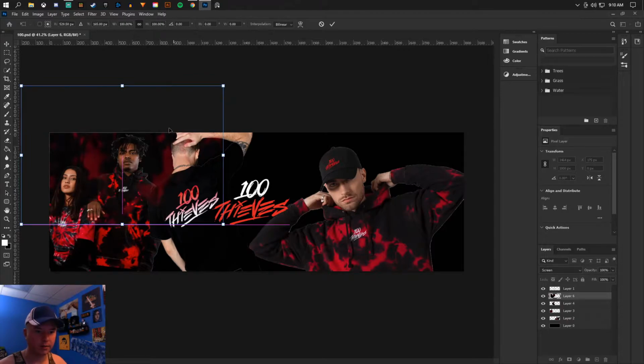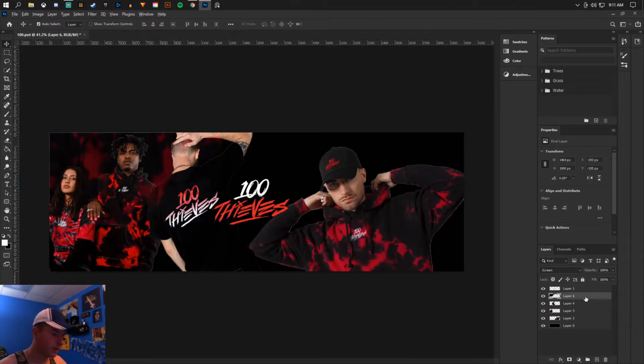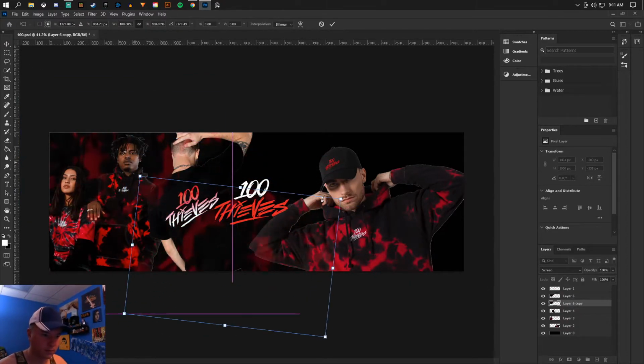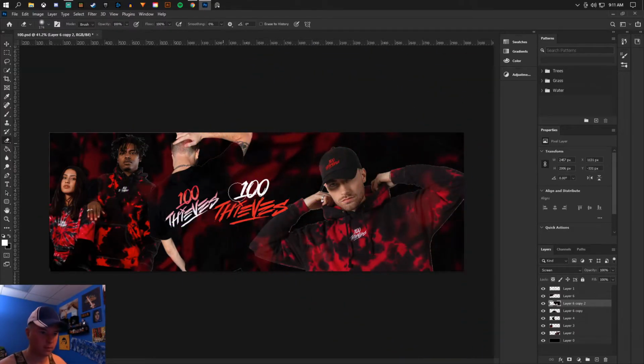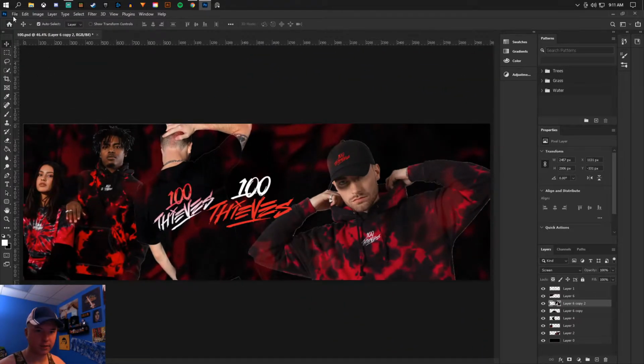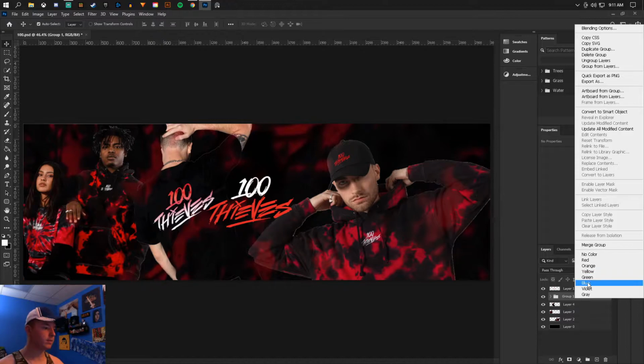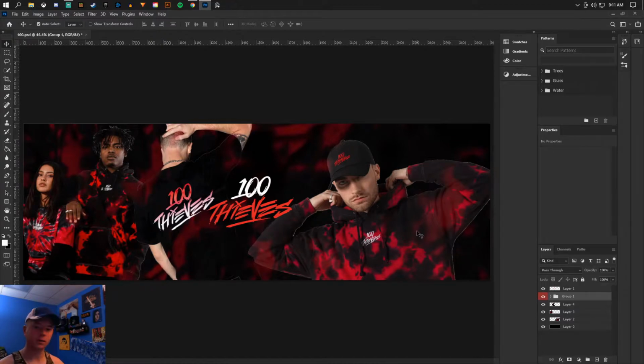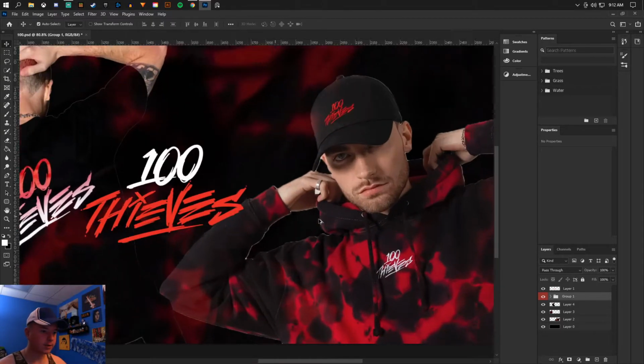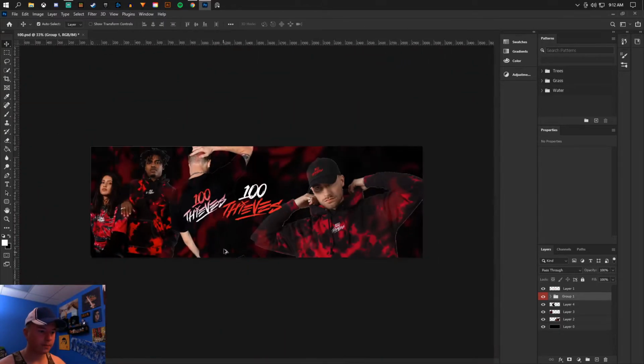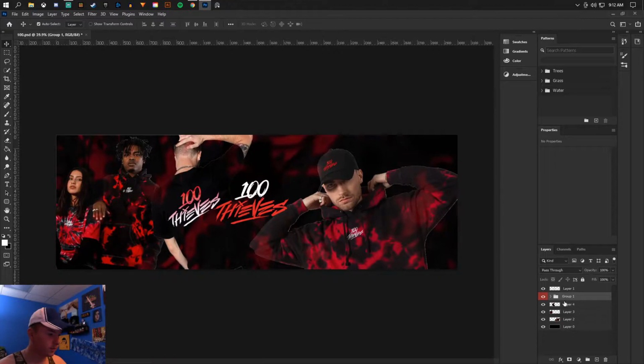So now we can do cool stuff like this, like blend it in. Alright, so now we have that. What I'm going to do now is grab all three of these and put them in a group. I'm going to make the color red, just to match. And as you can see, there's a little line around these guys. So what I'm going to do is